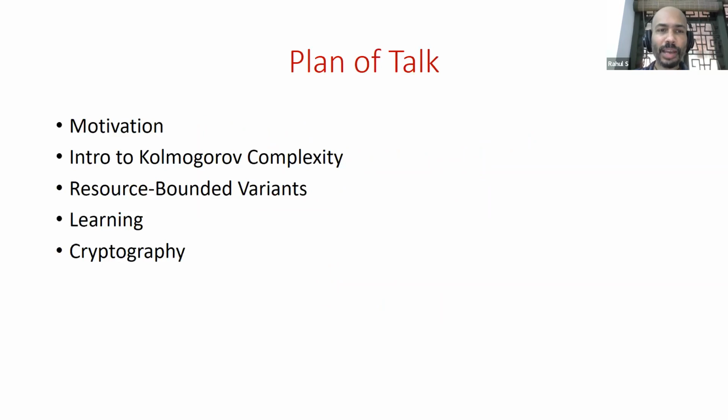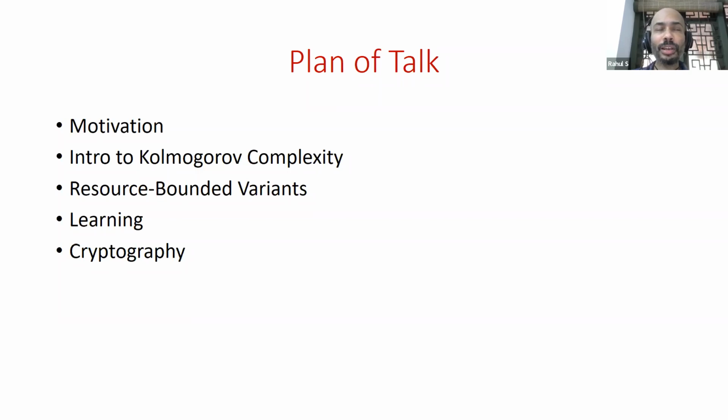So here's a rough plan of the talk. First of all, I'm going to motivate the framework that I'll be talking about. The talk is about Kolmogorov complexity, which is a notion about the individual complexity of strings. I'm going to motivate that as a model of compression, a way of trying to understand how much data can be compressed. I'll describe what Kolmogorov complexity is, define it, give some basic properties, and then tell you about some very interesting facts about it that have consequences for the foundations of mathematics and for computer theory.